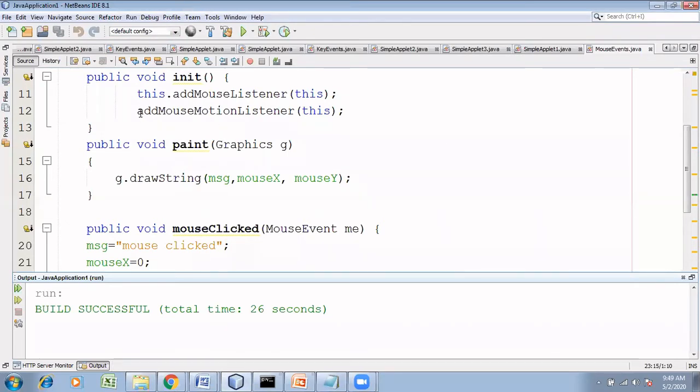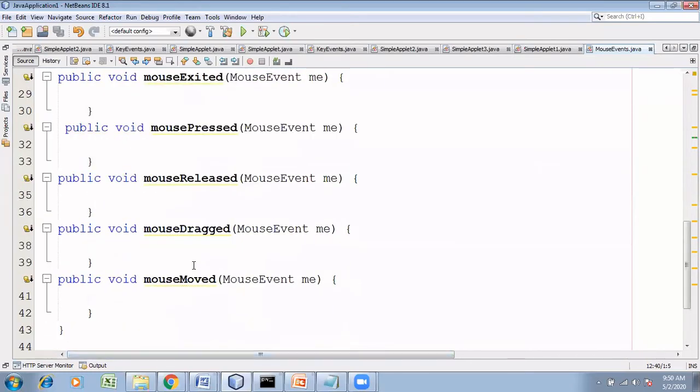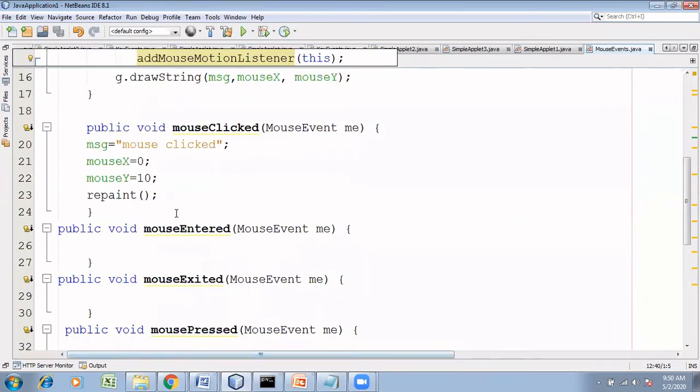Basically, you need to add, in the source, the mouse listener, whichever is the interface, and make a listener object listen to this. If you are using a mouse listener, all the methods of the mouse listener should be implemented. So I have just implemented them, and given empty implementations. When I click the mouse, I want this message to be printed at the upper left corner, so I have written the implementation.